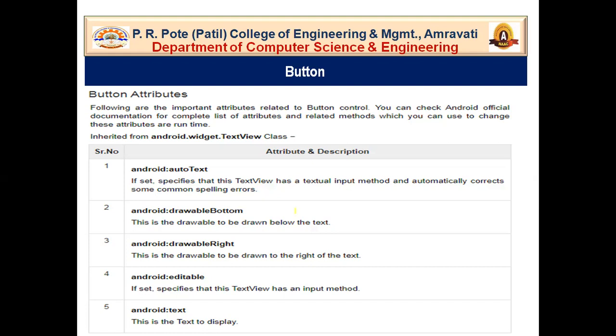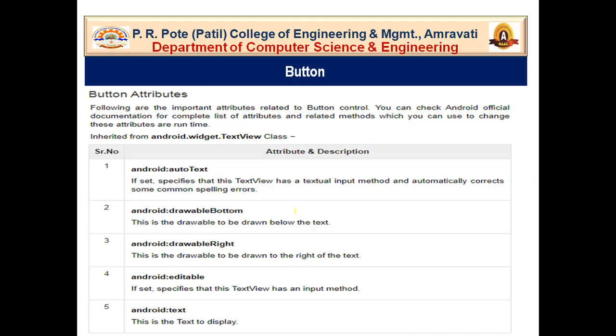Then Android editable, if set, specifies that this text view has an input method, that means like edit text. So when we want to edit text, at that time we use the Android editable property. And then Android text, this is the simple one. We use the Android text property when we want to simply display text.